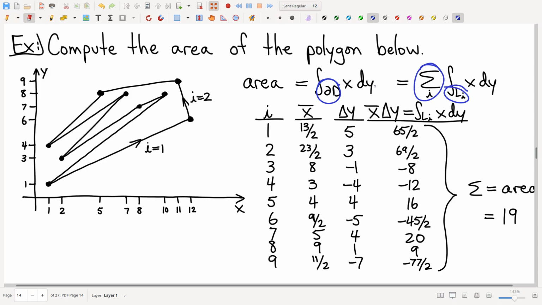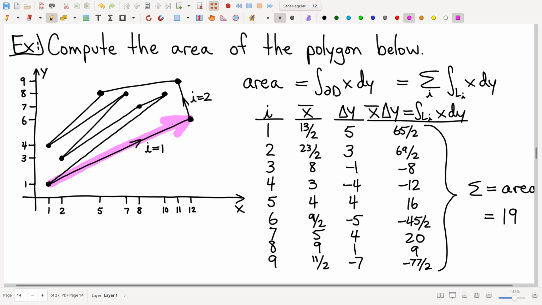And on each individual line segment, I have a handy-dandy little formula: just the average value of x times the change in y. Bam, computes my line segment integrals. So here goes. I just have to plug and chug on this. I'm just going to do the first one. I'll let y'all fill in